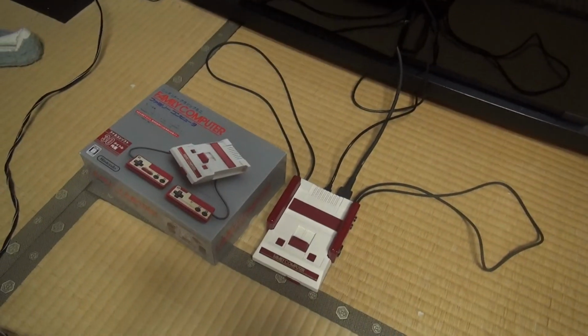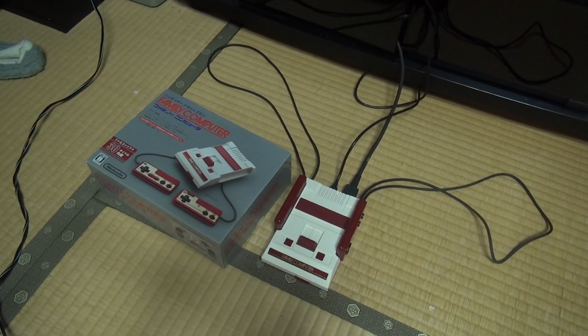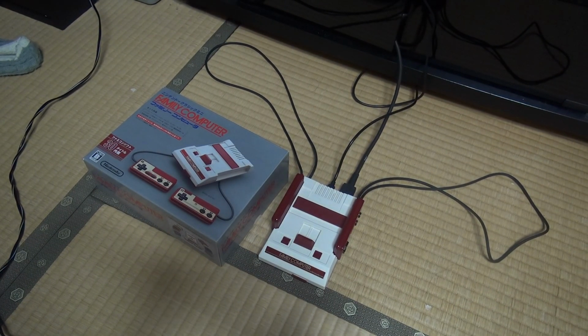So, down here, okay, you know this. This is the Famicom Mini, the Nintendo Classic Mini Family Computer, right? So, the Japanese version, have it hooked up, all that stuff. So, you've already seen this. This has been out for a while, obviously. But what I wanted to show you was...